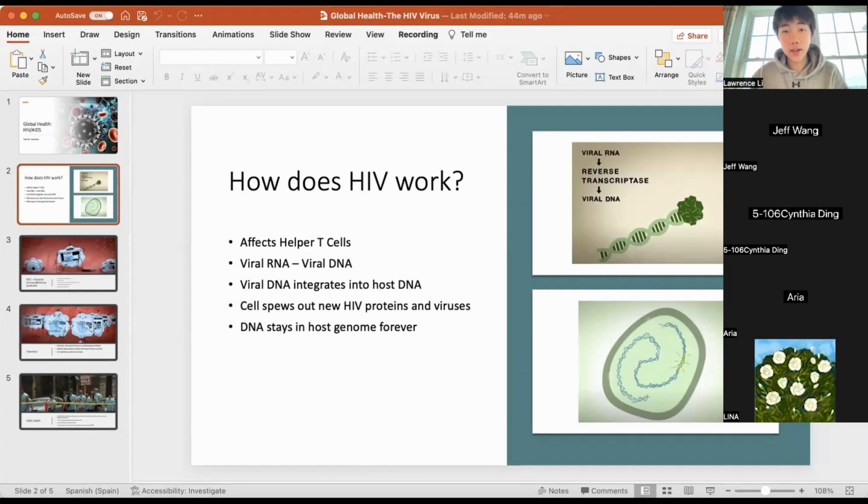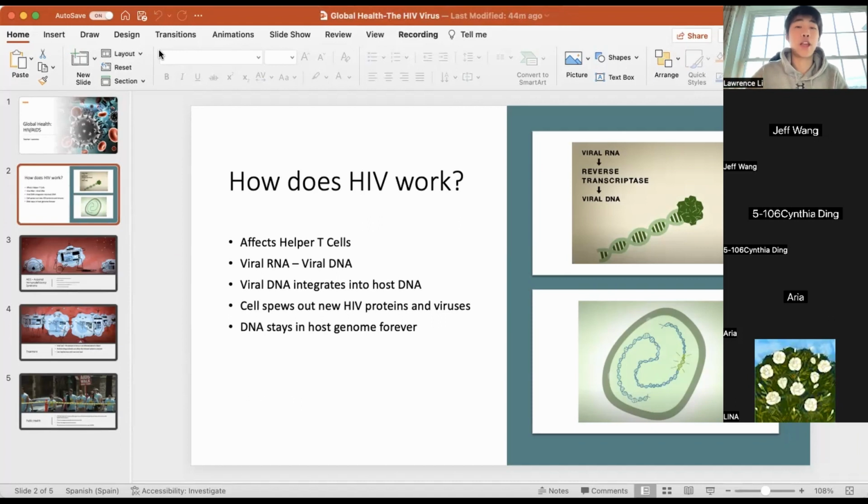public health. Okay, so if we want to start, we want to focus on the molecular and cellular basis of HIV. How does HIV affect the body? And HIV, by the way, stands for the human immunodeficiency virus. And we will talk about what the terms human immunodeficiency actually mean, because immunodeficiency is a big word, but if we break it down into its components, we'll be able to see that it actually describes HIV